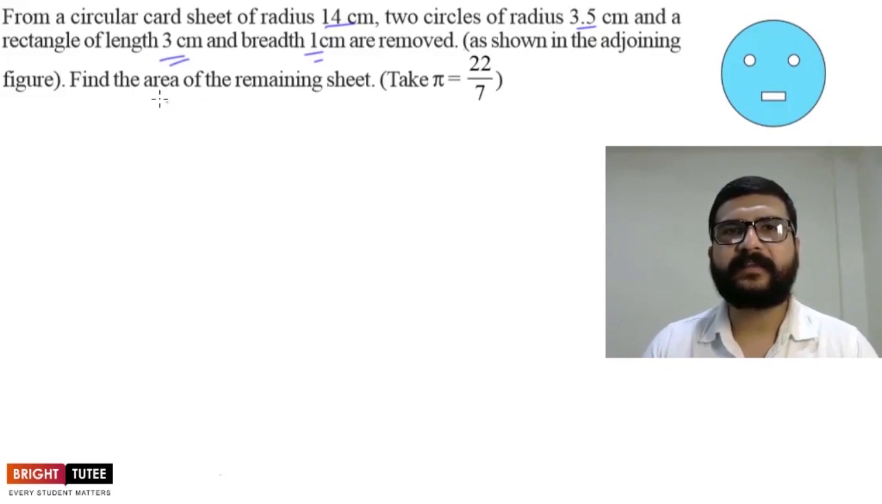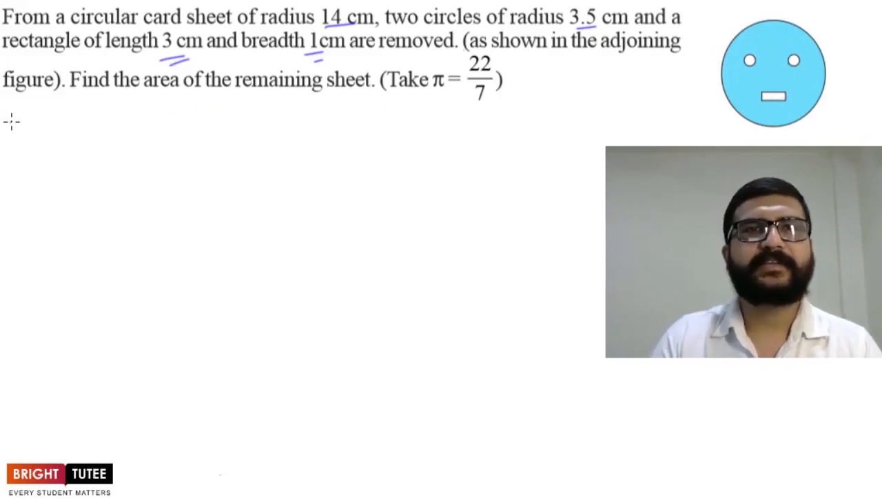What we have to find here? We have to find the area of the remaining sheet. So how can we do that? For that, we have to find the area of this card sheet and then subtract the area of these two circles and the area of the rectangle. So therefore, we can write